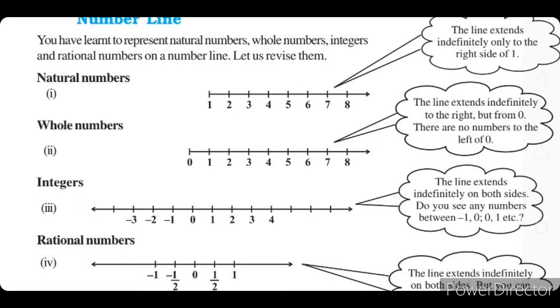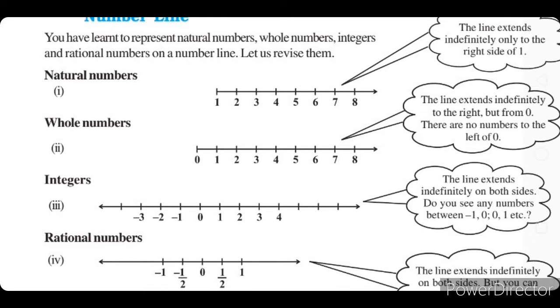Let us remind that for natural numbers, just simply 1, 2, 3, 4, 5, 6, 7, 8 in the serial order we will show on number line. For whole numbers, 0 is also included in that, you can see here. And in integers, negative numbers are also shown here. So from here, definitions of natural numbers, whole numbers and integers are also very much clear.